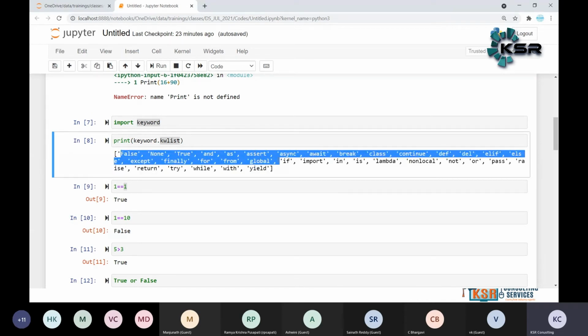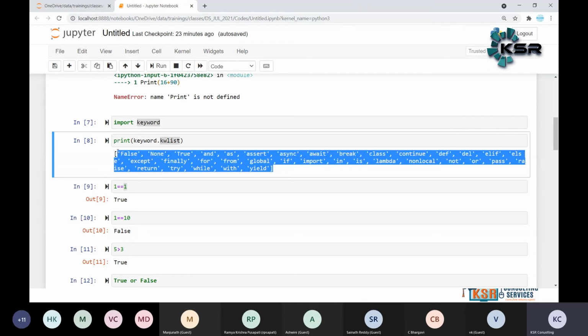Perfect. Now, any questions, guys? Any doubt on this point? Yes, go ahead, please. Can we count those keywords with a function called count?